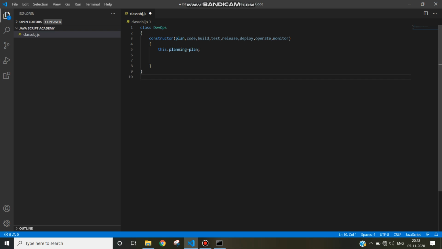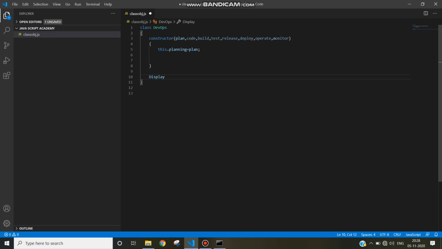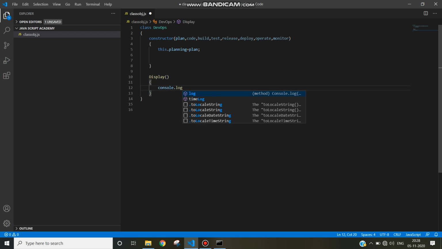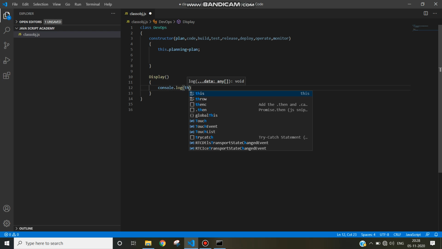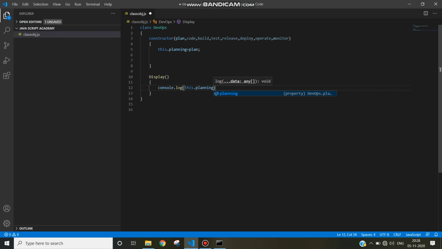Now inside the class only, make a method display. In JavaScript, without using function keyword, you can create the method like that. Console.log, and here this dot planning.